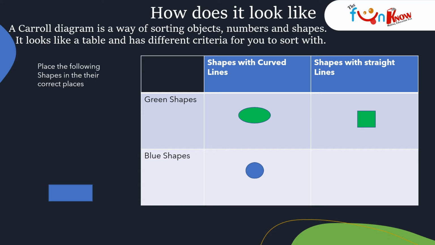We'll go towards our next and last figure. See this? Now this color is blue. Just look at the lines of the shape. Which shape is it? It is a rectangle. Look at the lines. Are the lines curved or straight? Yes, it is a straight line. Perfect, students. So now this figure will go here. I hope you understand how we are placing the correct shape in the correct place.